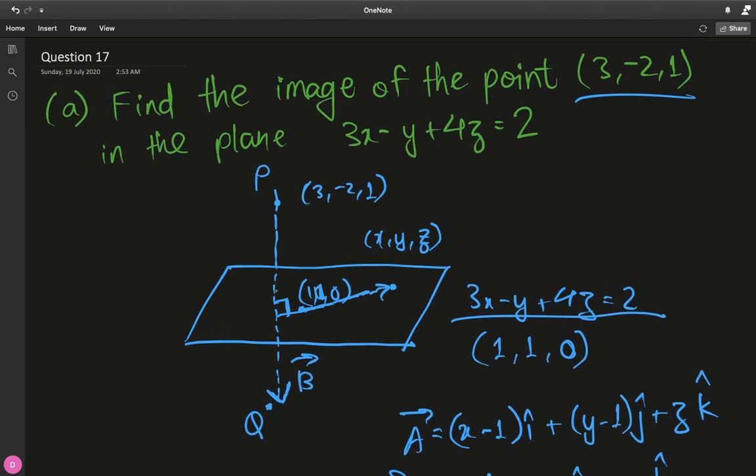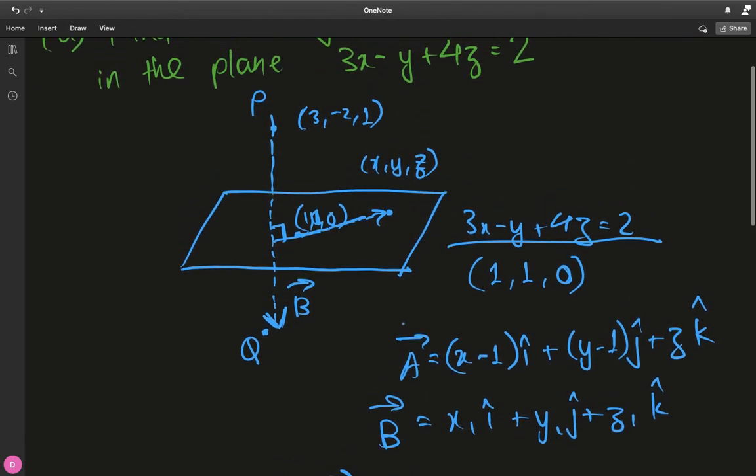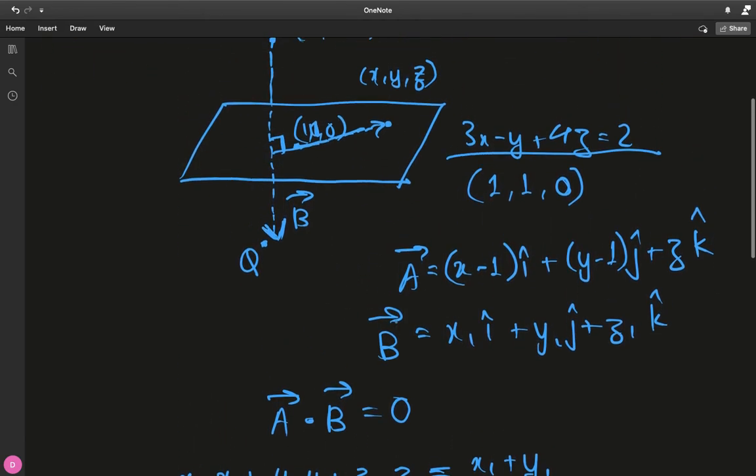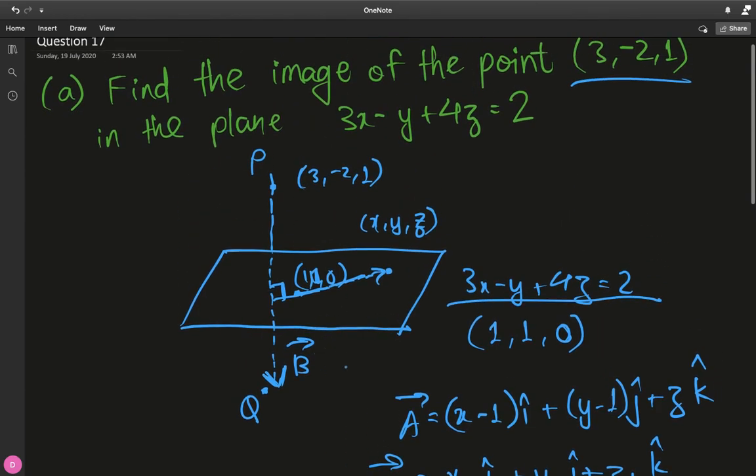Because we need this PQ, and this PQ has a direction of b vector. If you want to find the point Q, you'll have to go straight down perpendicularly into the plane and then emerge from this side to reach Q. So you have to go perpendicular down. We're using the fact that b vector always has a direction that's perpendicular to this plane, and we're using that to use P as a start point and then write a general equation for this line PQ,